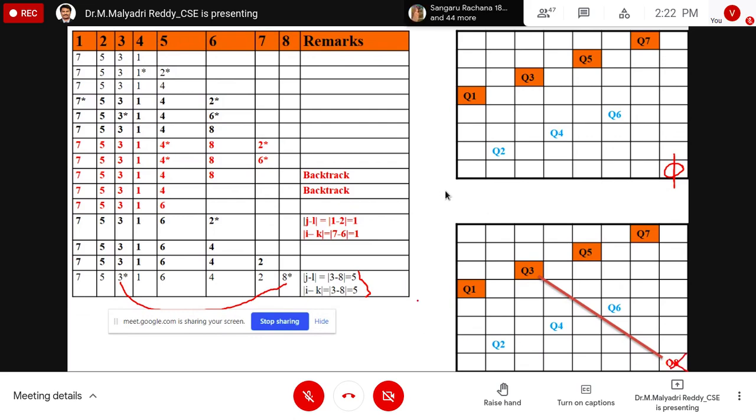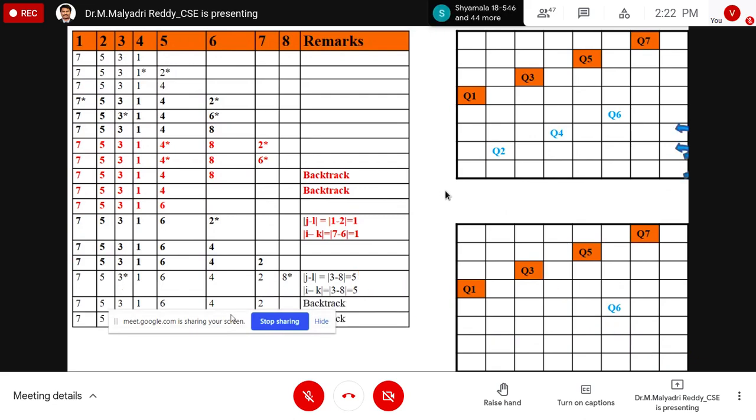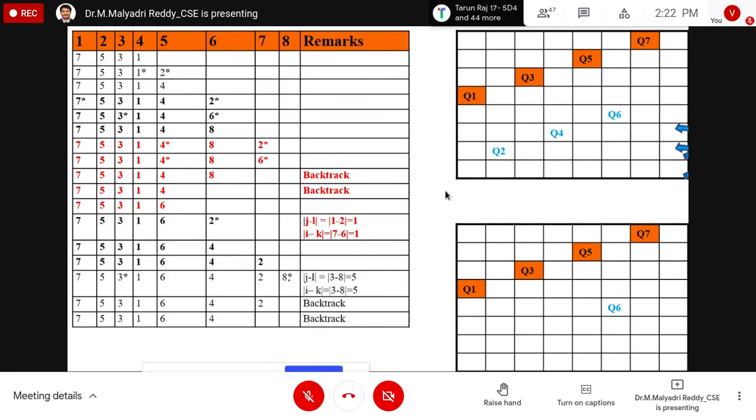So automatically what do we have to do? I have to apply the backtrack technique, since it is not suitable. So from the 8th, go to the previous one. From the previous one, again I have to check if there is any alternative solution. Not possible. Again I have to backtrack, so from here to the previous one, and next I have to move to there only.